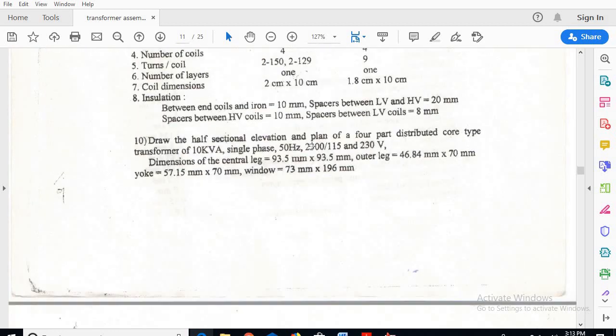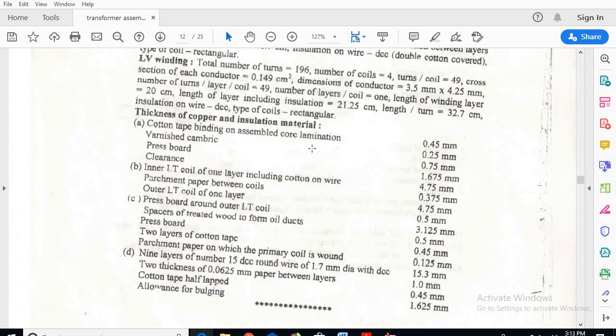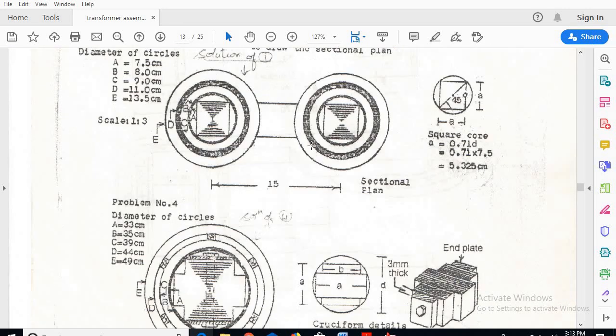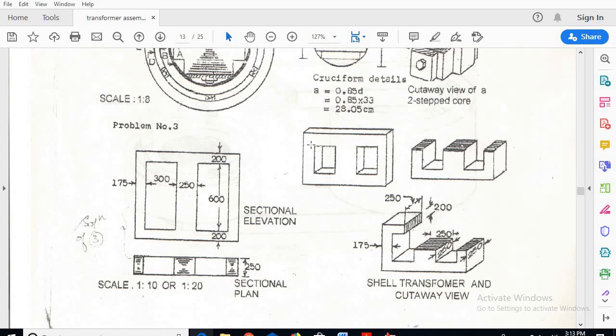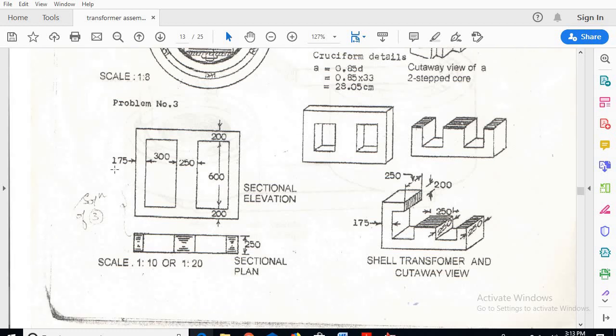Actually, in the case of a core type transformer, we used to draw the plan first and next go for the elevation. But when I go for a shell type transformer, first we will draw the elevation part, next we will go for the plan part. Now with respect to this, what is the overall length and overall height of the transformer?